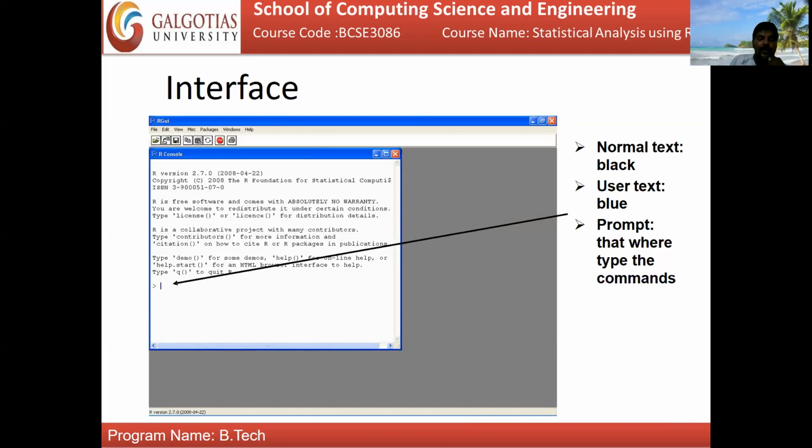If you need to change the background color, you may use the option in the menu. Once you get this prompt, you have started executing your program. We will see the programs in the upcoming classes.